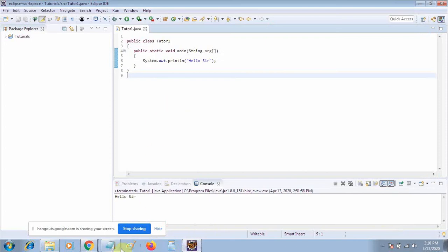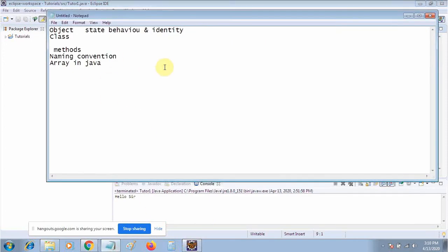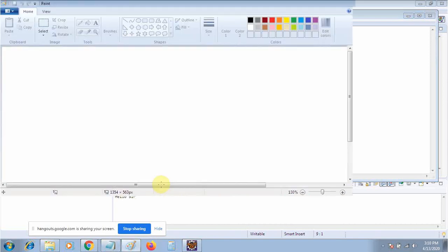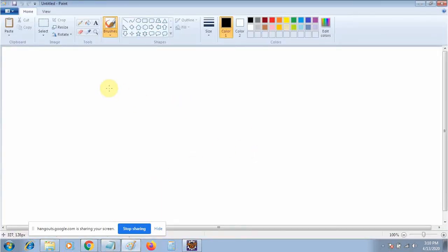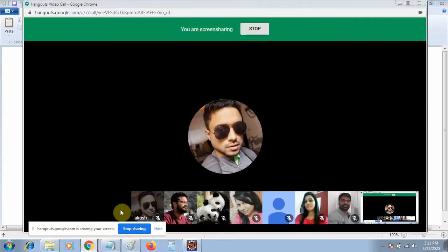Now let's move to the next topic, the method. A method is a procedure in which you perform some task. Let me give you an example. Suppose that there is a class